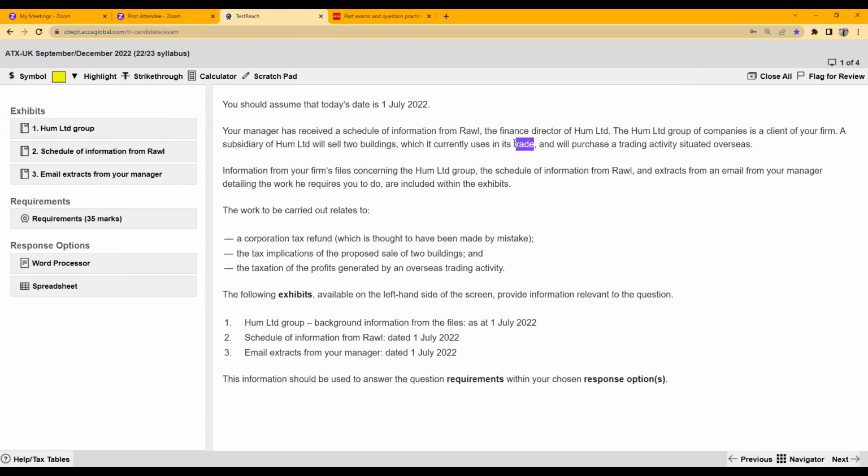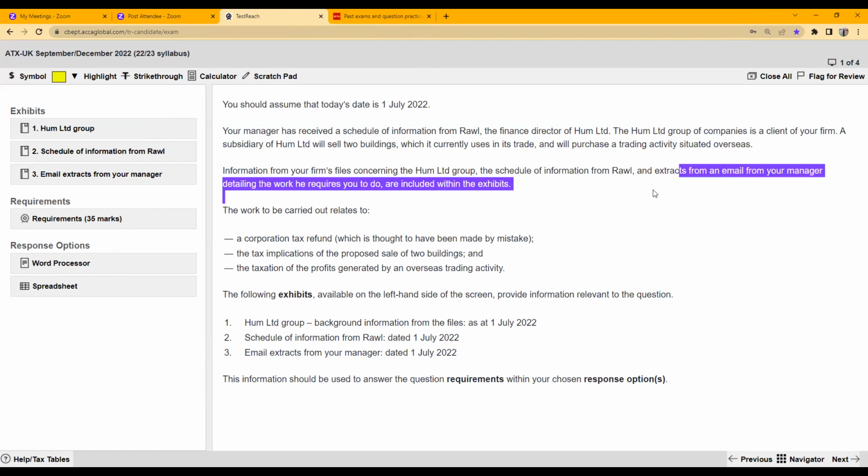Another important thing, these buildings are qualifying business assets, because it is very clearly mentioned that these buildings are used in trade, and the company will purchase a trading activity situated overseas. As we just discussed about the overseas branch and overseas subsidiary, after selling these buildings, this company will be purchasing a trading activity which is situated overseas. Okay. Information from your firm's files concerning the Hum Limited Group, the schedule of information from Rol,